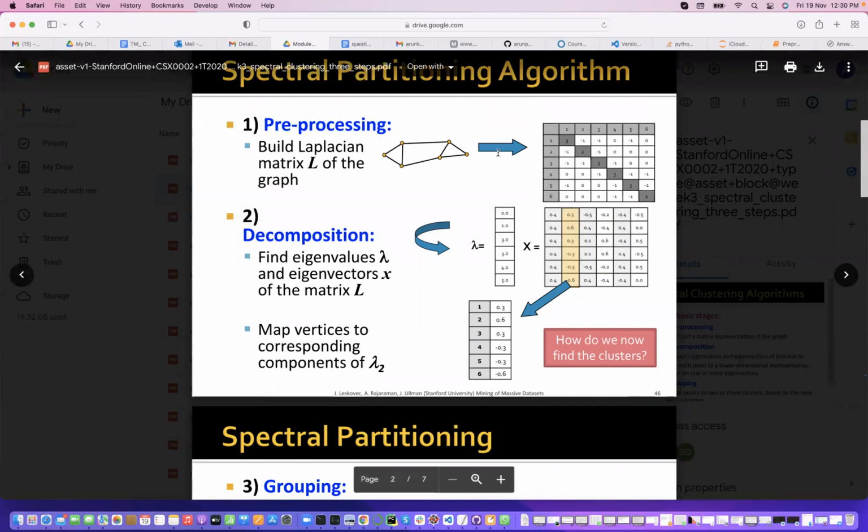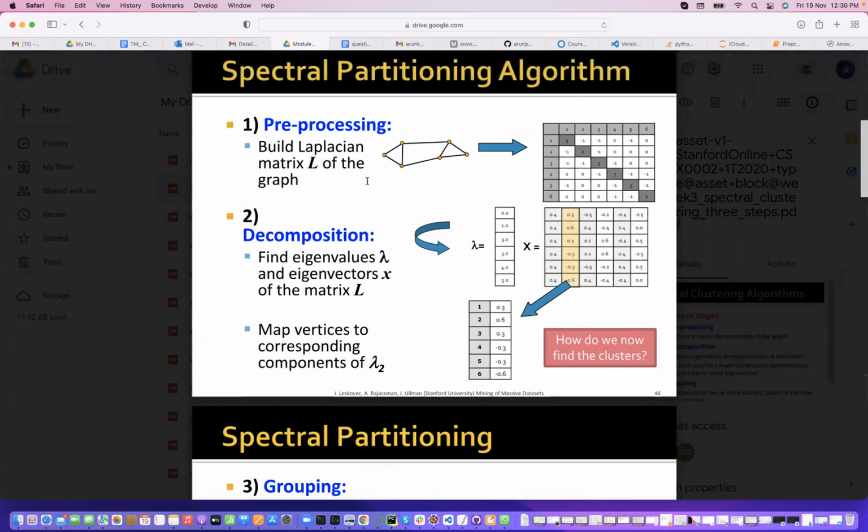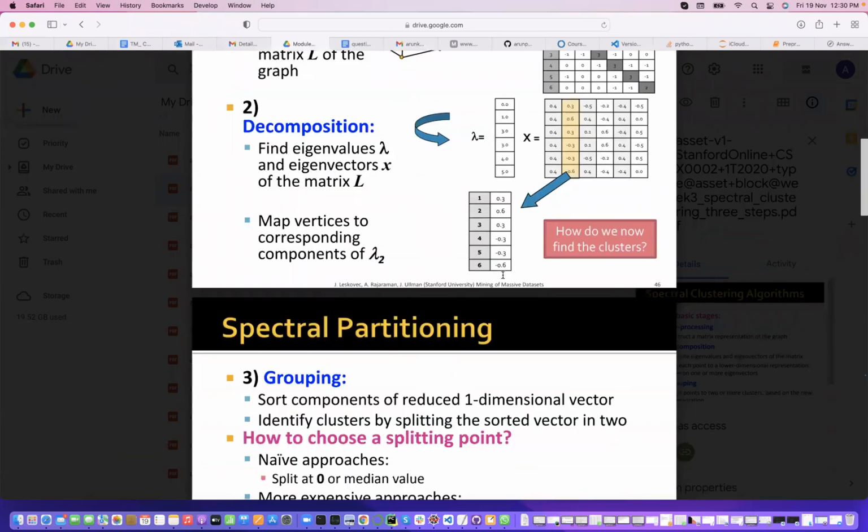No, I'm interested in whether you understand this procedure, right? Ultimately, we are going to implement this, right? You know how to find the L matrix now? Yes. The L matrix is nothing but D minus A. A is the graph representation. And you need to find the lambda values and x vectors, eigenvalues and eigenvectors. There are packages to find them once you have a matrix. For the Laplacian matrix, you find the eigenvalues and eigenvectors, okay?